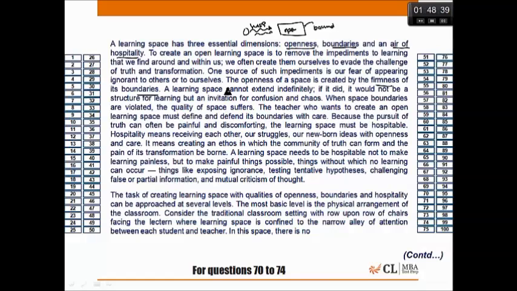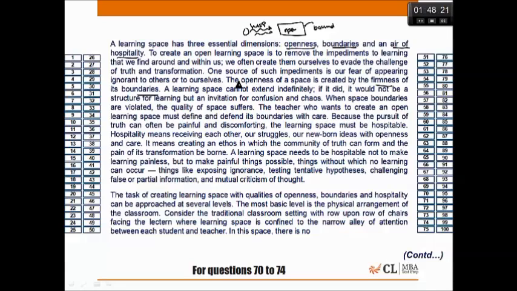Things like exposing ignorance, testing tentative hypotheses, challenging false or partial information, and mutual criticism of thought. Great. So he has explained 3 dimensions. This is a fairly good one. I can understand what he's saying. Okay. The task of creating learning space with the qualities of openness, boundaries, and hospitality can be approached at several